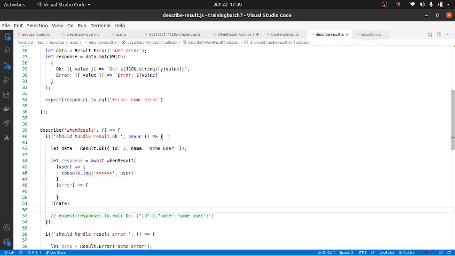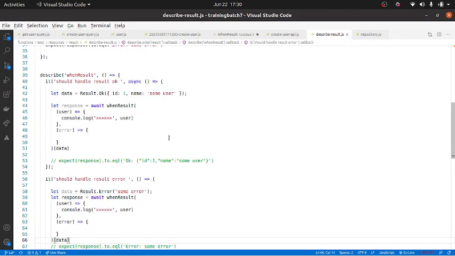Similarly in the other case, it will give the error, and we will print error over here.